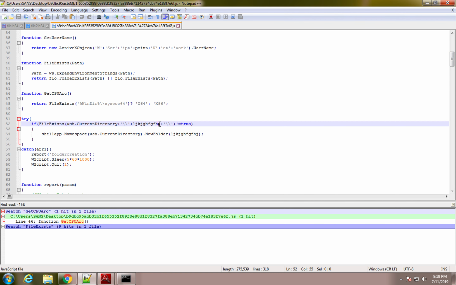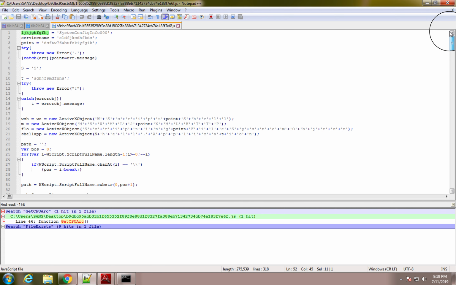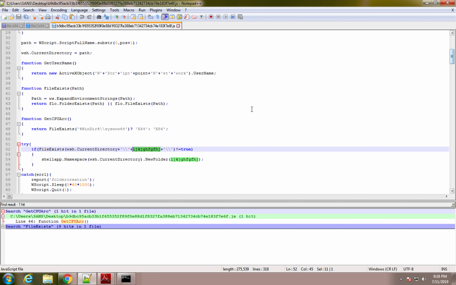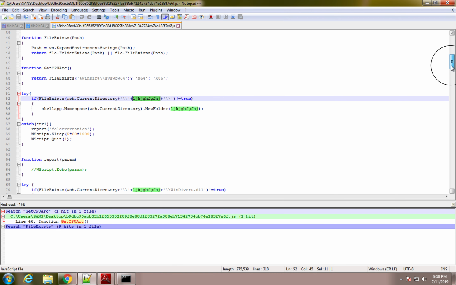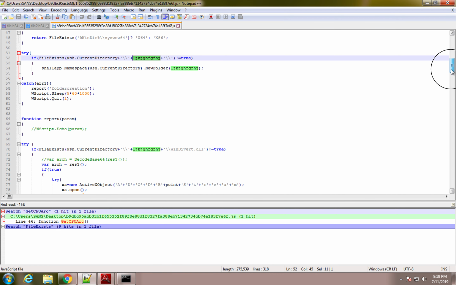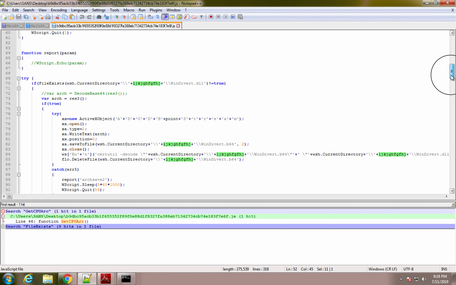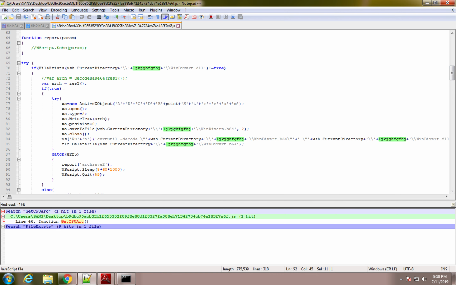Here's that weird looking variable. So if we go back up, if that system config info 000 is not equal to true, we're going to create a new folder to create it for us. And we also have a catch in case it all goes wrong and it sleeps. A function that doesn't do anything, it's commented out. And then we see, okay, if this file does not exist, then we're going to do some